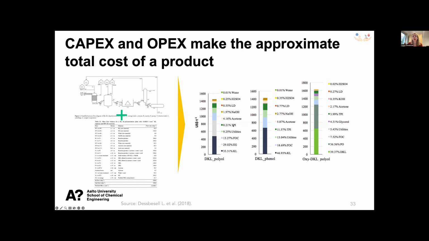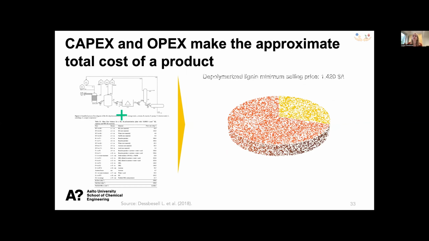The total project investment is also part of the CAPEX. Utilities are part of the OPEX. Fixed operational costs are part of the OPEX. Ethylene glycol was part of the OPEX, and kraft lignin is part of the OPEX. So basically, we can break it down into little things, but you see that the raw material is the main cost here. But when we put this all together and categorize between two things, we are talking about